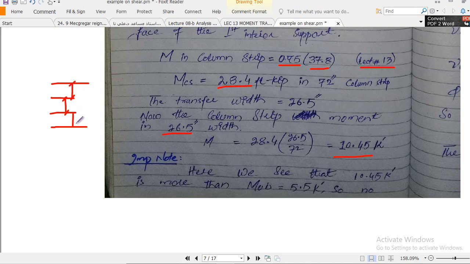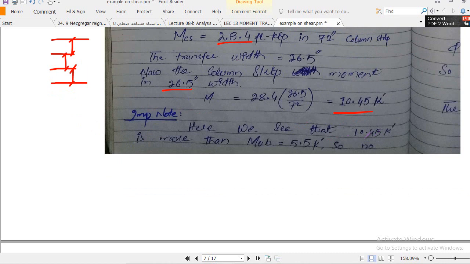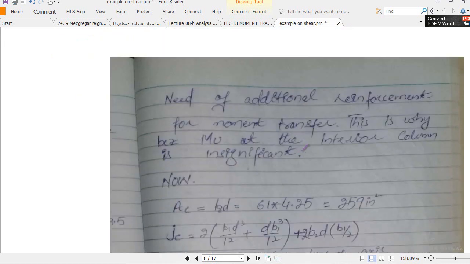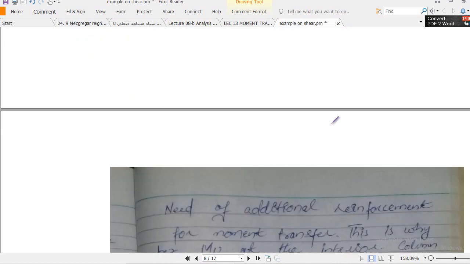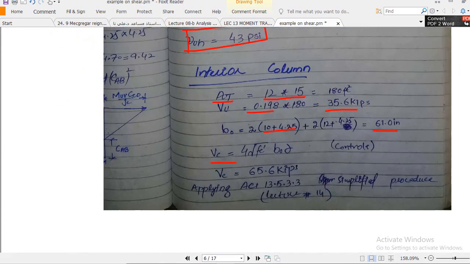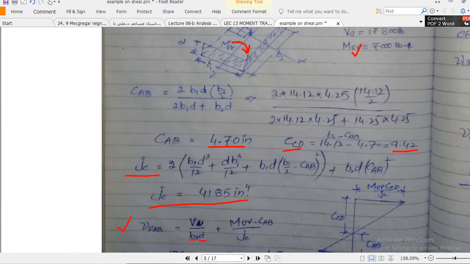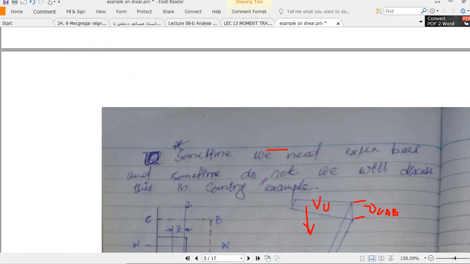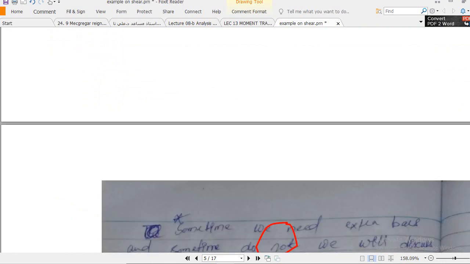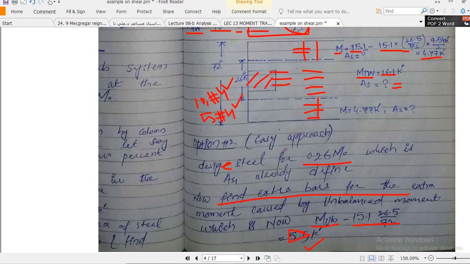This is the column strip, right? The rest of the moment will act in this zone, but 10.45 is acting in the transfer width. This is very important to understand, right? Now here we see that 10.45 kip-feet is more than Muv, which is this one. So no need of additional reinforcement, and this is the point which I'm trying to deliver to you, that sometimes we need additional reinforcement and sometimes we don't. That's why I'm stressing